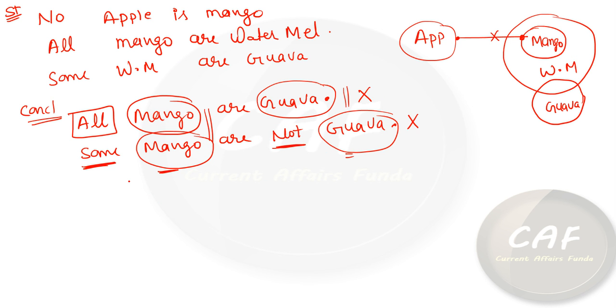here. Fine. Why? Because the two conclusions are given in the format of parallel. Okay, so all plus some not will make an either or relation, because below the mango, that is mango here, and below the guava, that is guava, predicate here. Fine. So we will write here either first or second. Fine. Just see friends, one thing more here.